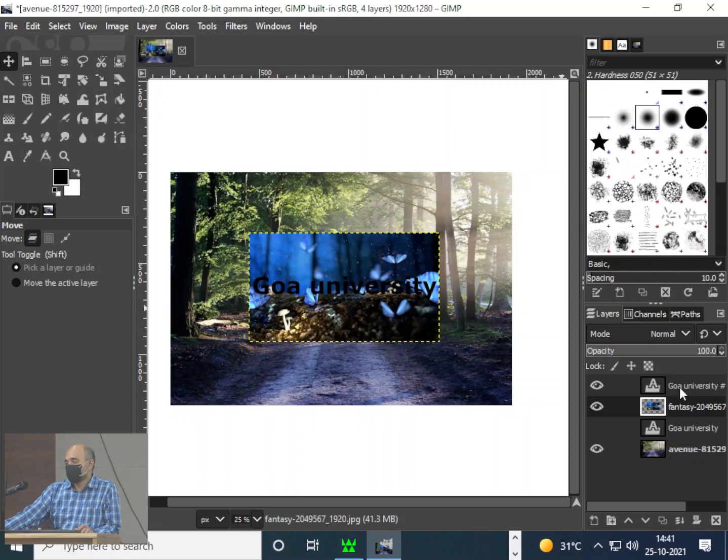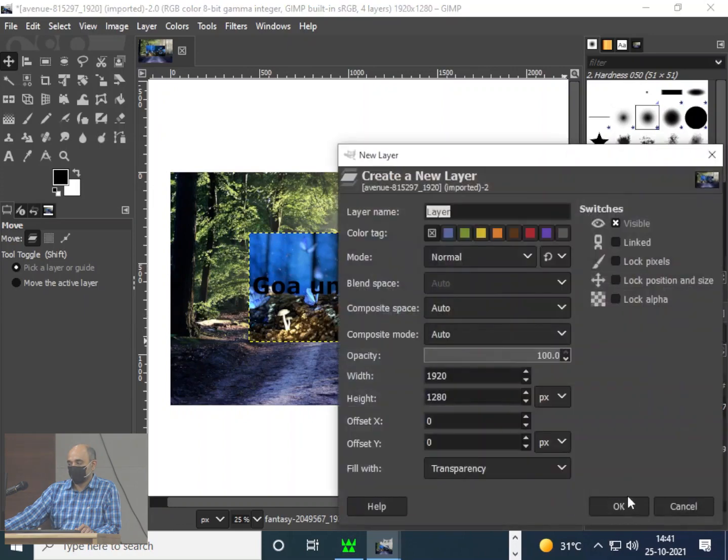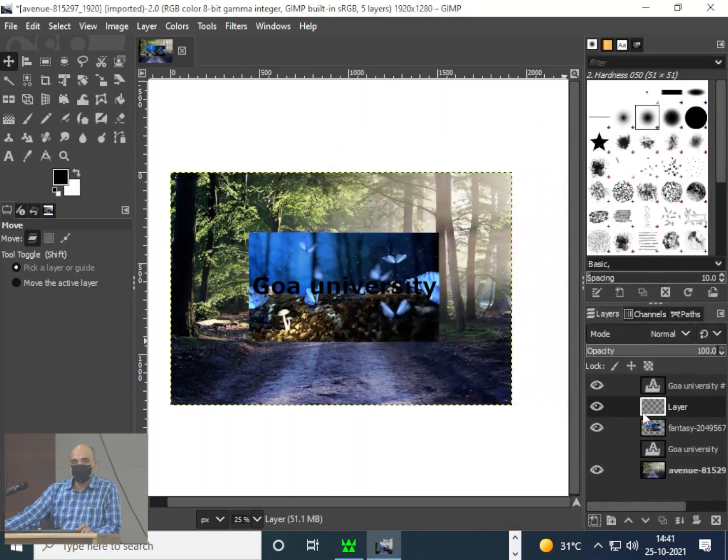That's when you can create a mask. So I take this Goa University and I create a layer between the image and Goa University. That's a blank layer. Can you see the layer now?